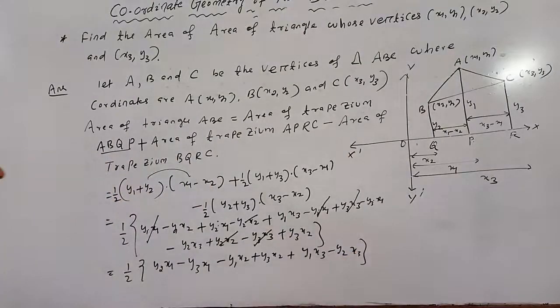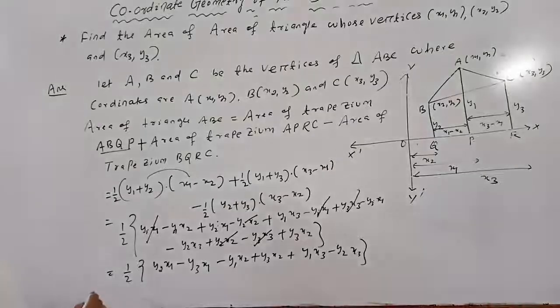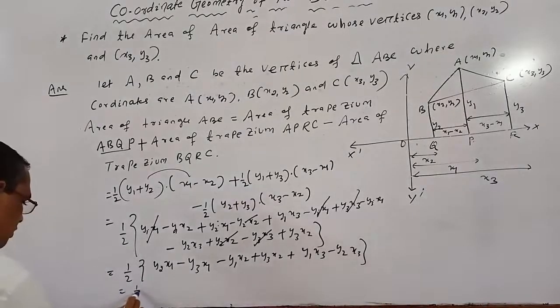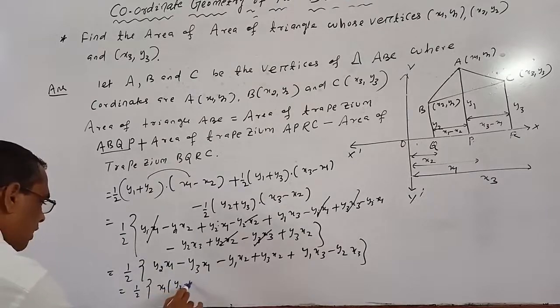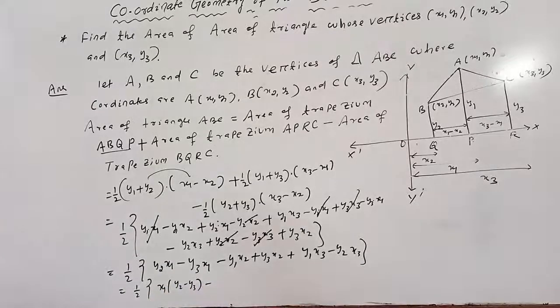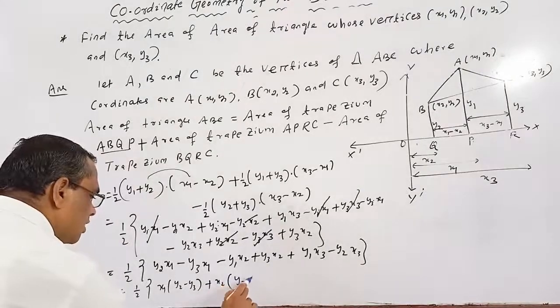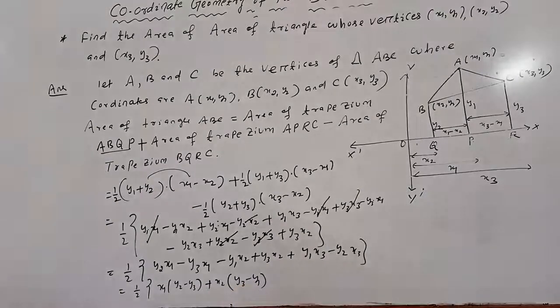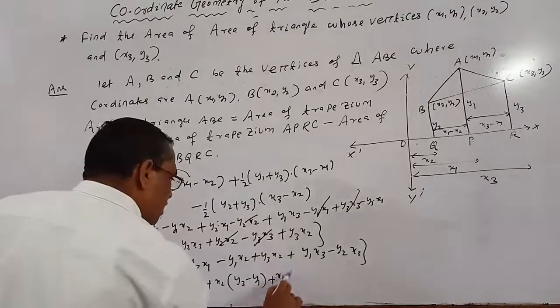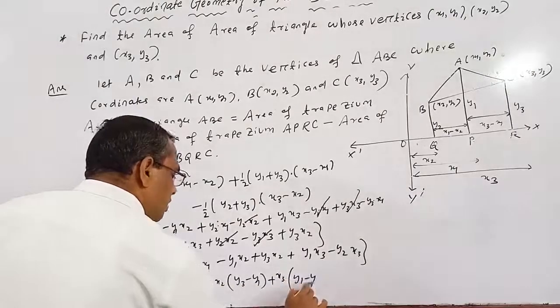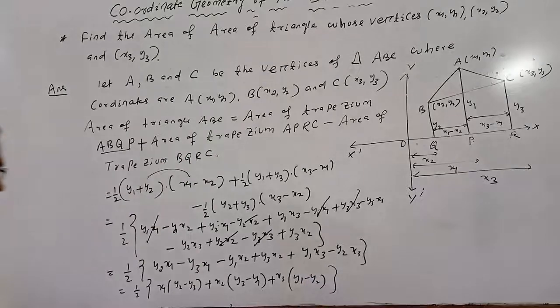Then take it common, which is equal to half into x1 common, y2 minus y3, plus x2 take it common, y3 minus y1, plus x3 common, y1 minus y2. Okay, so this is the required area of the triangle ABC whose